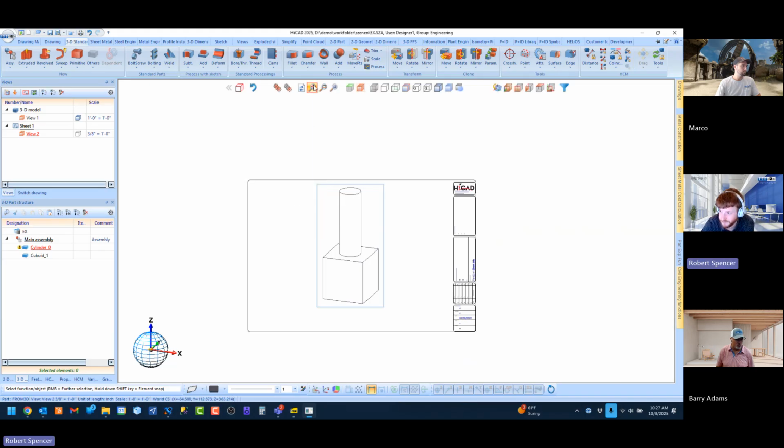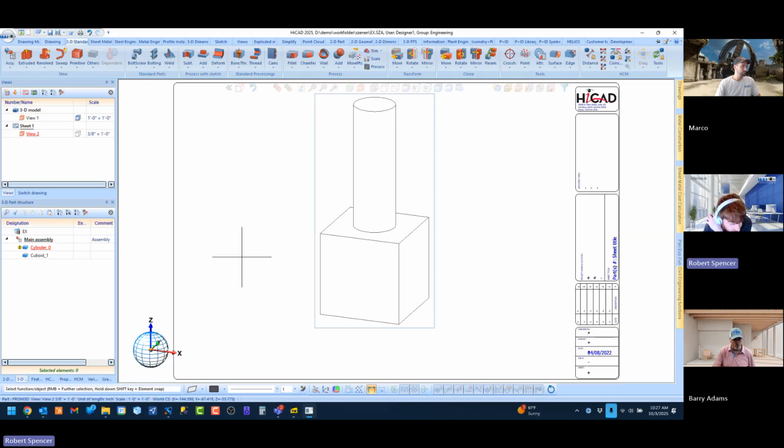So that's a big difference from other softwares. I think most people say that that's a really good difference, but it is a big one. So we got part structure,